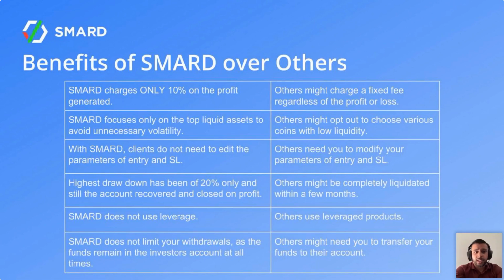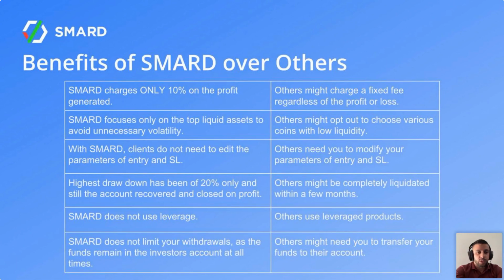Well, moving on to the next one, Smart focuses only on top liquidated assets to avoid unnecessary volatility. Volatility at the end of the day is good for a trader, but unnecessary volatility is basically a gamble. It can go both ways. And that's why we only choose the top liquidated assets for our spot and futures accounts. Whereas others might choose various coins depending on various ideologies, meme coins and whatnot,